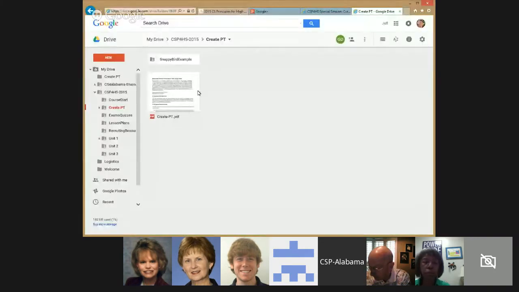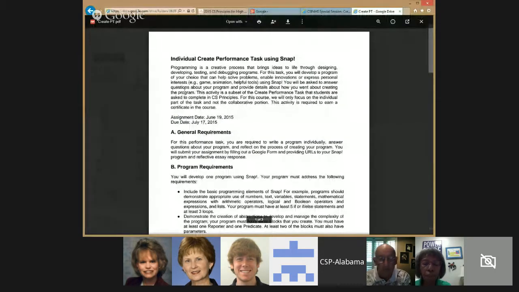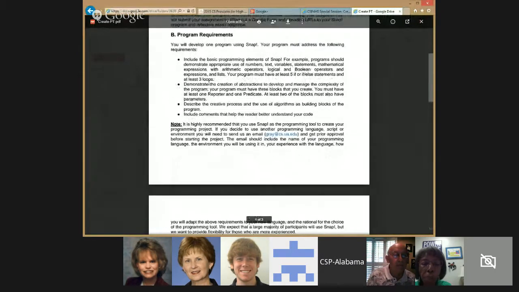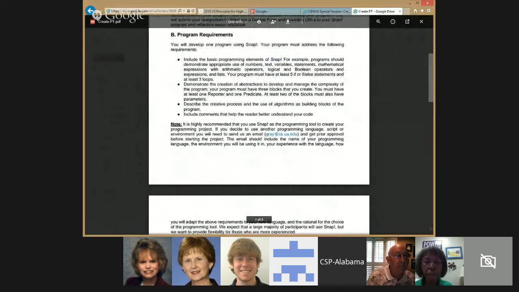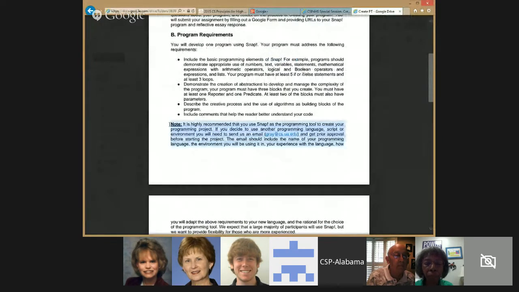Okay. So Ann's asking, is it okay to use Scratch? So let me just show something here. Let me just do a screen share one more time. Can you all see my screen again? If I look in this example, I'm hoping you all can see it. At the bottom of the first page, there's this note.